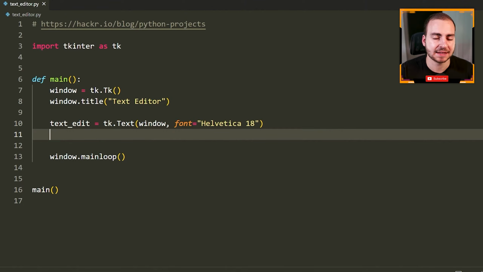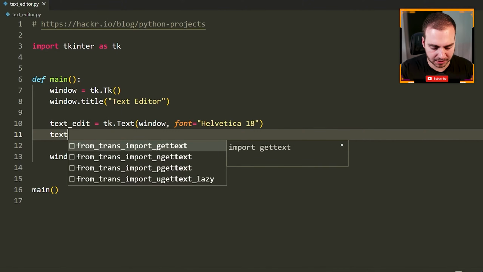Now remember, I said that tkinter uses a grid system, so this allows you to lay things out based on a row and column position. Now row 0 and column 0 is going to be the top left-hand corner of your window. So if you were to place at column 1, then you'd be moving over to the right. If you place at row 1, you'd be going down by 1, because again, column 0, row 0 is top left-hand corner. Now, the row and column system depends on how many elements you have inside of it,